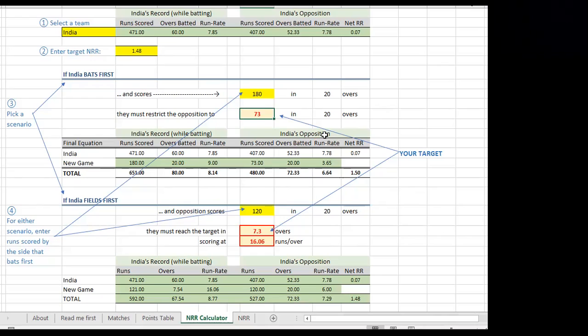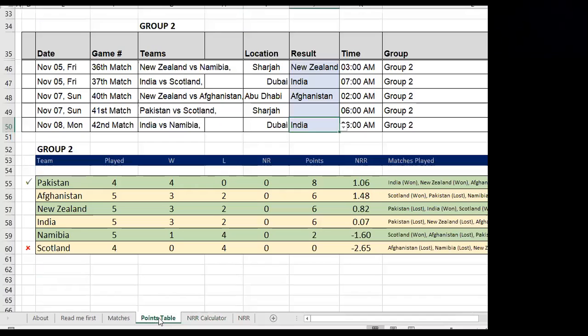So we hope you're able to download this tool and use it. This tool needs to be updated on a daily basis, so please keep coming back here on a daily basis to get the latest version and the latest update. Clearly, we need to continue to revise the points table, because with each game, with the scores that we have for each game, the net run rates would change, and we need to factor in the latest net run rate for this computation.